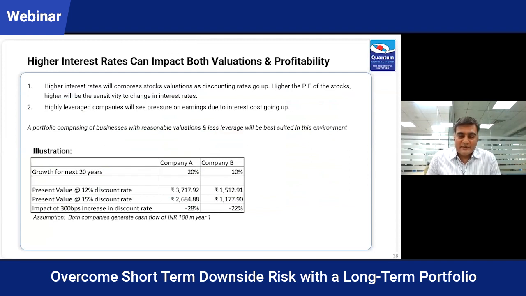Now, what happens in a higher interest rate environment? PE is also as sensitive as a bond to higher interest rates. As high duration bonds are sensitive to higher and lower interest rates, PE is also sensitive, because PE means how many years of future cash flows you are discounting. So the higher the PE for a company, the longer into the future you are trying to factor, and the sensitivity to the change in interest rates for that stock goes up. So in an environment where cost of capital is going up, portfolios of stocks which have high PE tend to suffer a lot more than low PE.